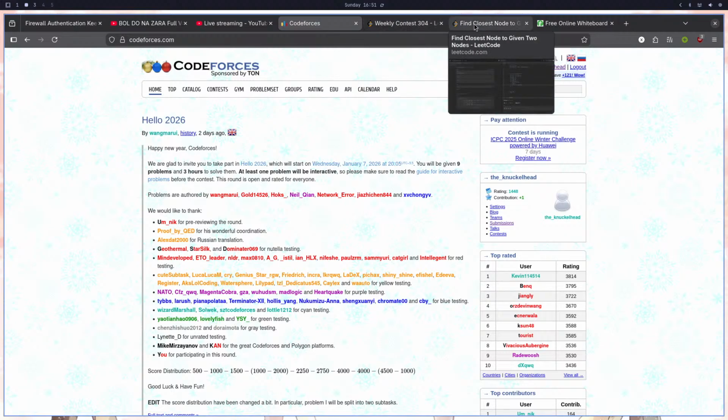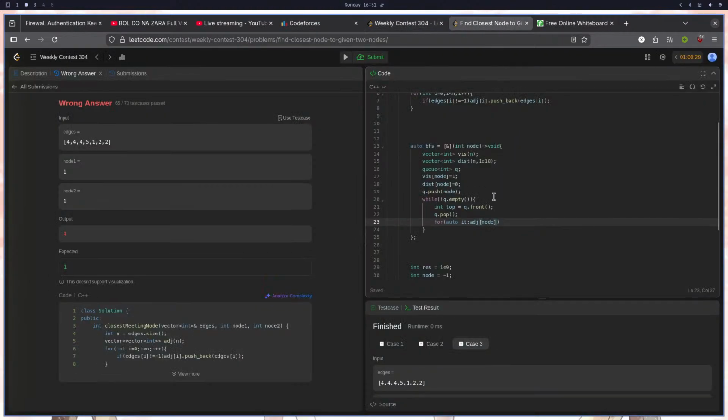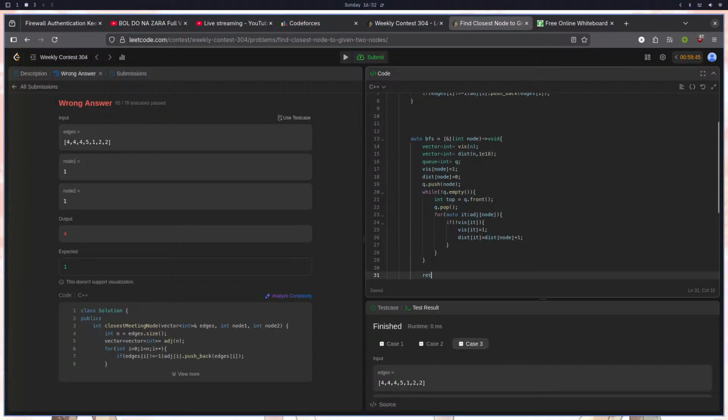I don't understand भाई, क्योंकि for authority in adjacence of node, if not visited of IT equal to 1, test of IT equal to test of node plus 1। शायद ये होना चाहिए, और रिटर्न कर दूँ टेस्ट।